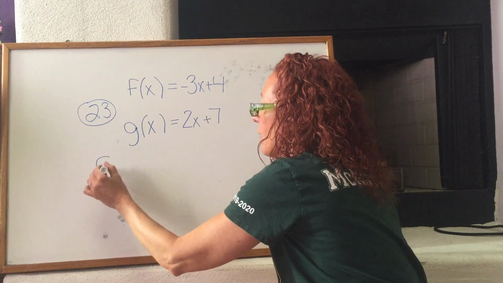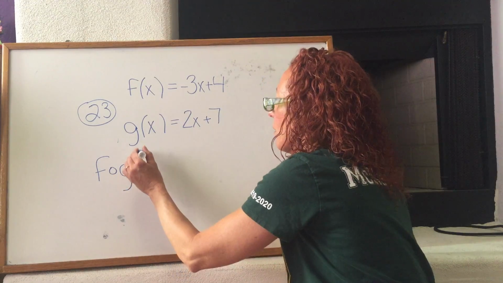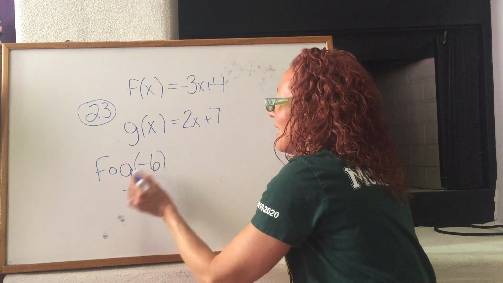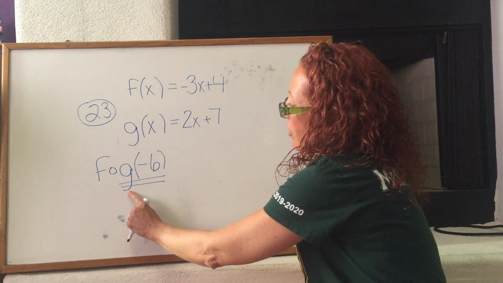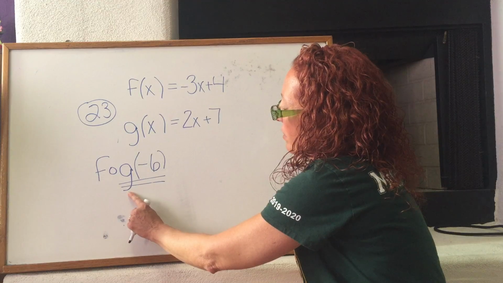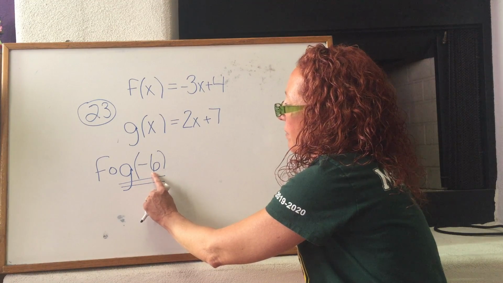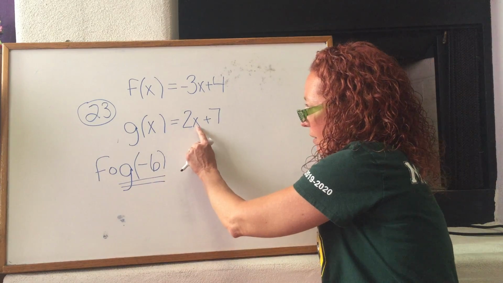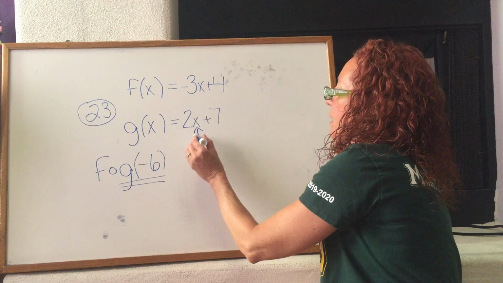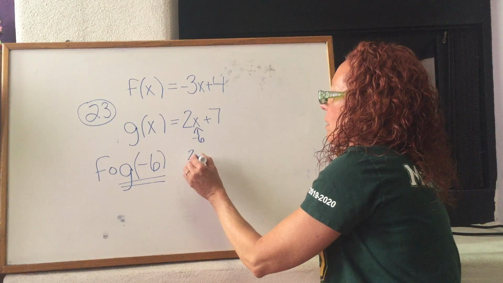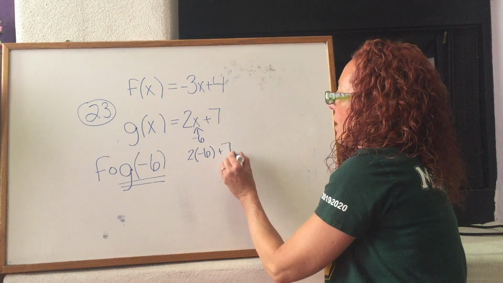And it says f of g. Students always call that fog of -6. And so what we're going to do is you always work from right to left. The function that's closest to the number, that's where you're going to plug it in first. So we're going to substitute in a -6 for our x in this function right here. So the very first thing I'm going to do is replace that x with a -6. So 2 times -6 is -12 plus 7